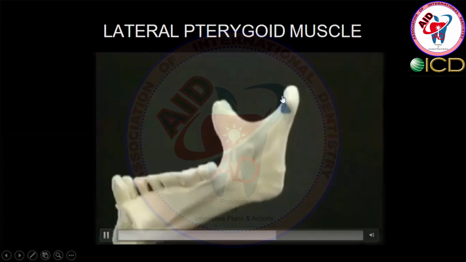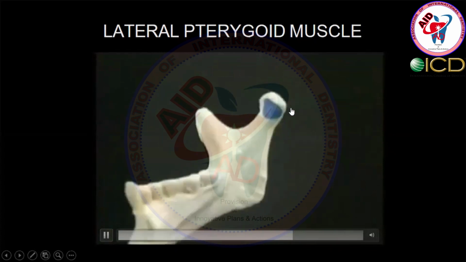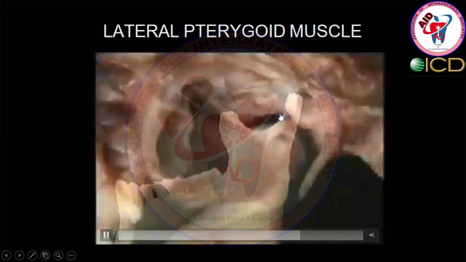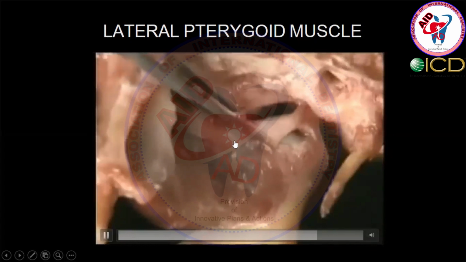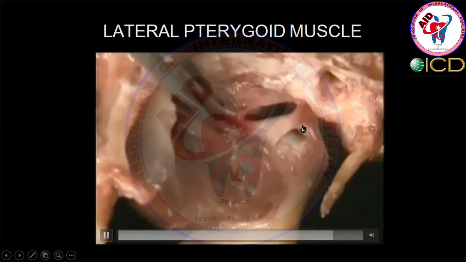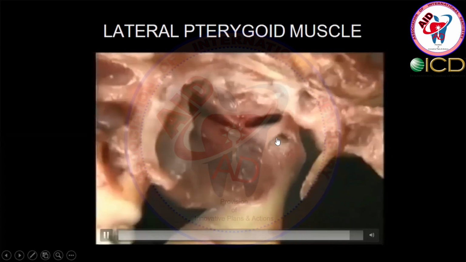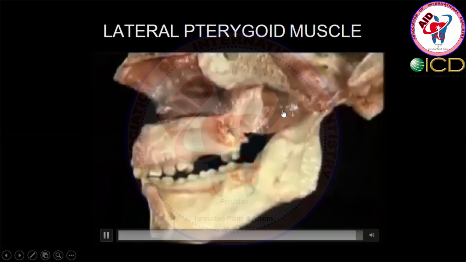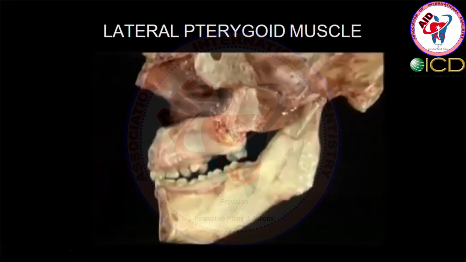You see, from the inner side, it is attached right here on the neck of the mandible, and the superior head, you understand, is tied to the disc. This is the inferior head, and that is the superior head. This superior head has the condylar disc right here. It is attached with the superior joint space and inferior joint space, and that is what we see in the lateral pterygoid muscle.